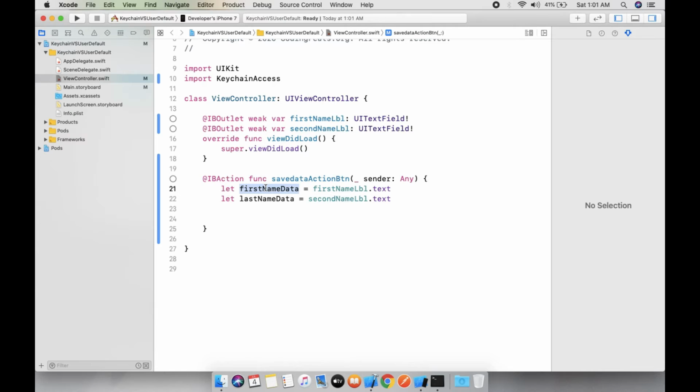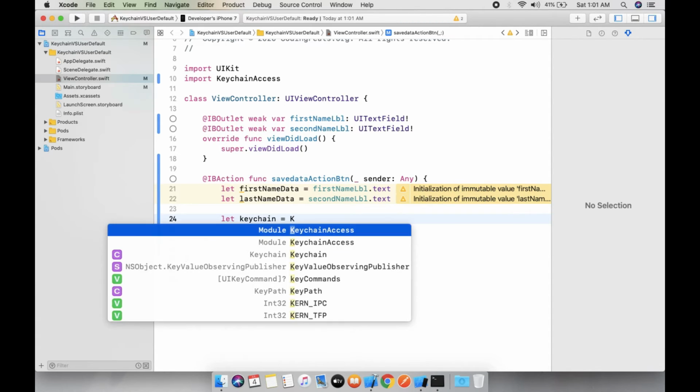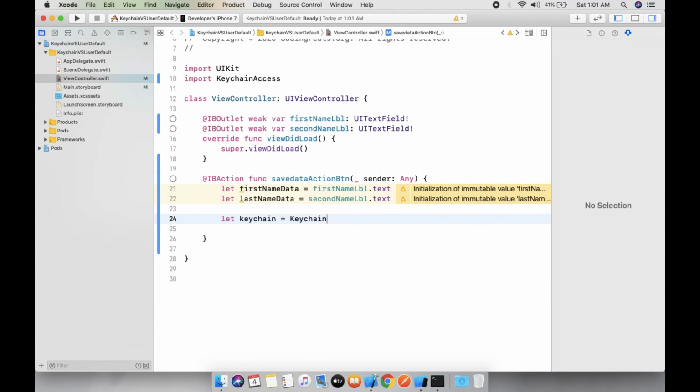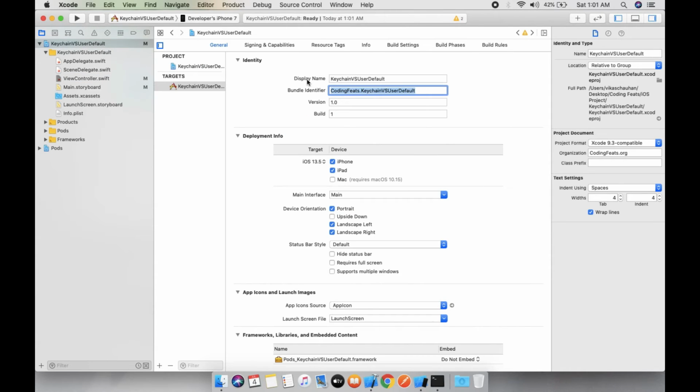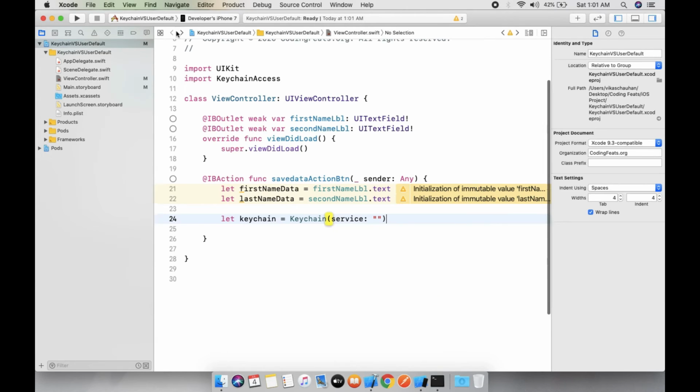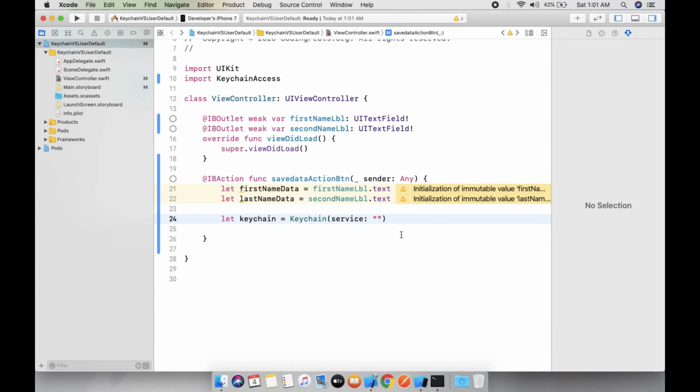So here this data we will save into keychain, and this data we will save into NSUserDefaults. So let keychain equals to Keychain with service, and in this string we can take your bundle identifier. Let's copy it and put it here.